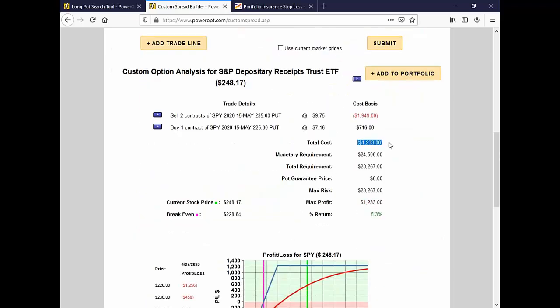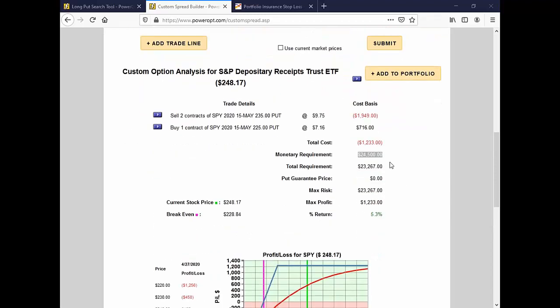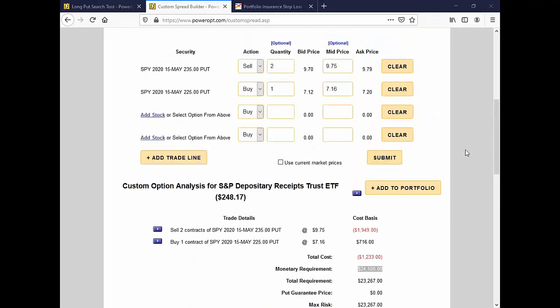So we do take in a credit of 1123, but we have to put up the margin here, in this case, 24,500. Okay, so now what? You went on to say, I have seen the opposite on most other examples which requires less margin. Please explain. I think what you're talking about is the 2 different spreads I mentioned. I'm not sure, this is where you're asking of them being out of the money and in the money versus that range. Where I'm going with this, Dana, is that this one here requires a huge margin,